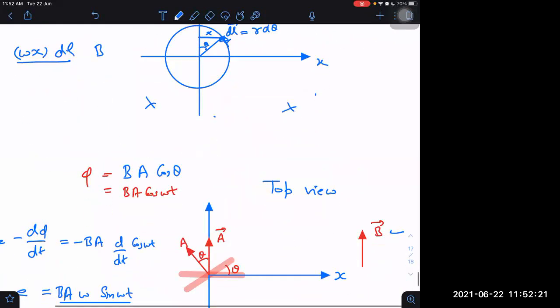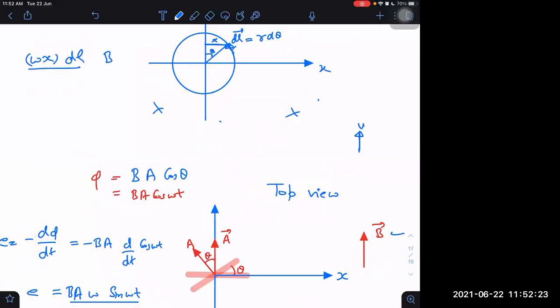Initially zero, sir, same direction. Initially 0. Then afterwards, obviously velocity will come here, but V will remain there only, and this will be omega t. Theta will be omega t. Velocity will also be turning by an angle at the rate of omega. So V will be turned by an angle theta, which will be given as omega t.